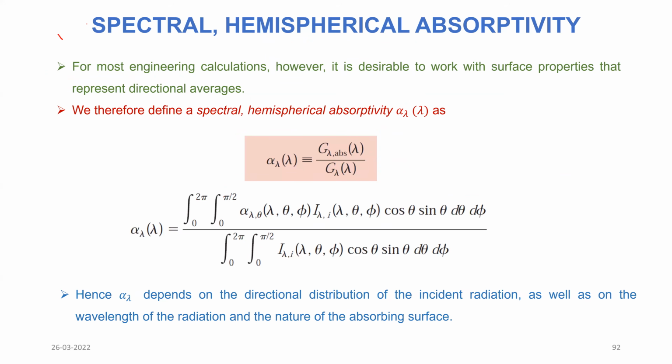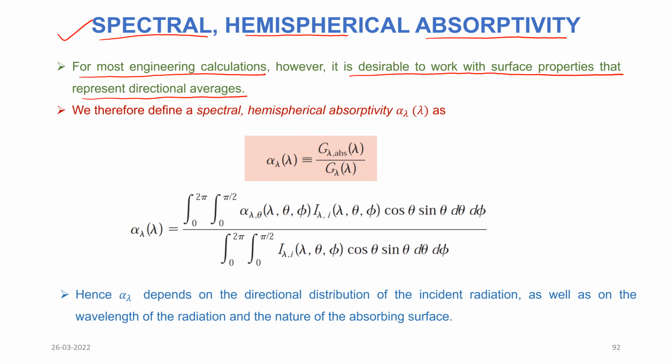Now, let us talk about the spectral hemispherical absorptivity. When I say hemispherical absorptivity, I am not considering any direction particularly. Spectral means over the wavelength range. For most engineering calculations, it is desirable to work with surface properties that represent directional averages. So we are not worried about the direction, and we are worried about the spectral value of the absorptivity. The spectral value of the absorptivity, also called spectral hemispherical absorptivity, alpha lambda, is defined as G lambda absorbed